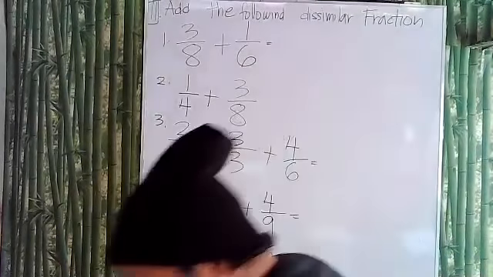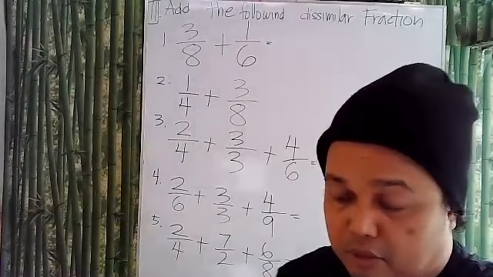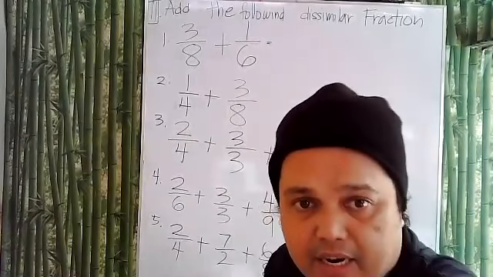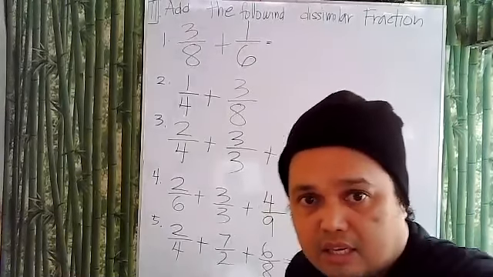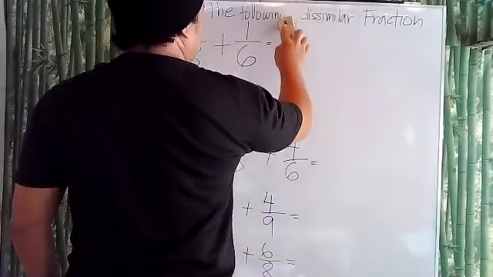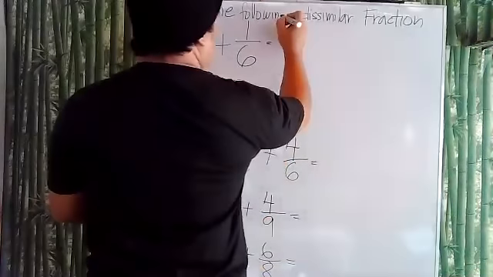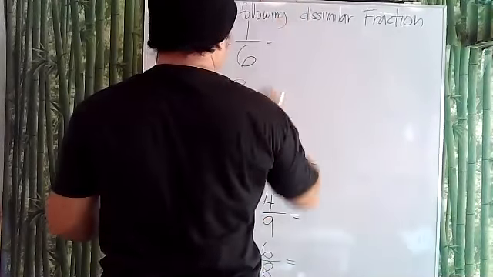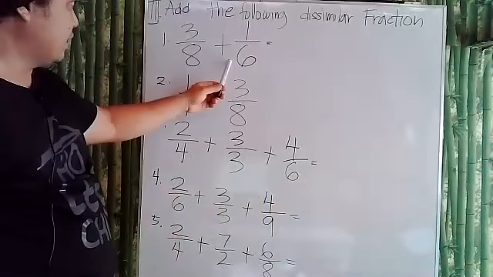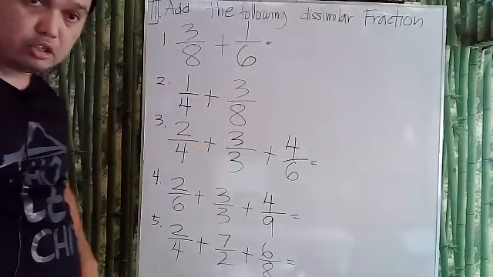Okay, check. Now for test 3, we're going to answer test 3. We have here: add the following dissimilar fractions. This time we are going to add fractions that are similar or dissimilar. Dissimilar fractions are fractions that have different denominators. So to answer your test here,